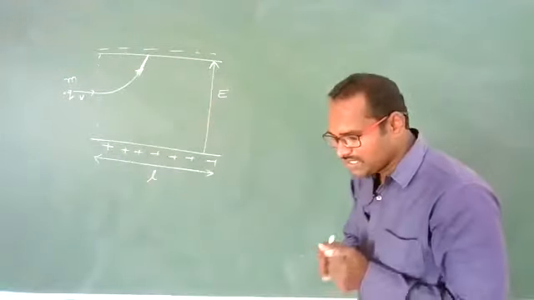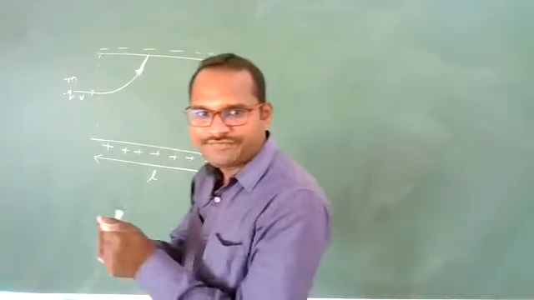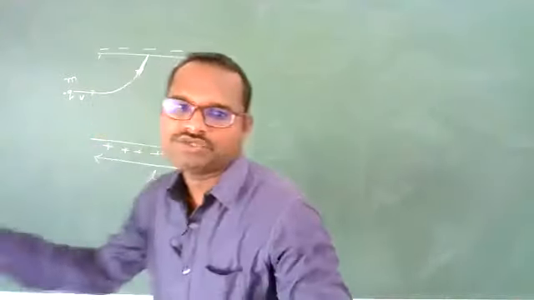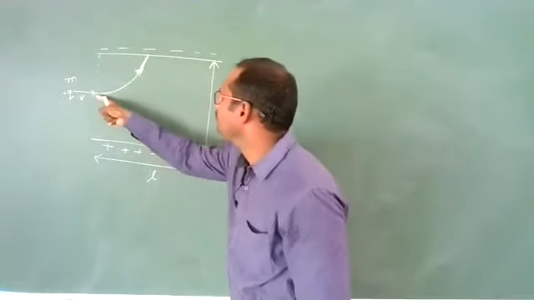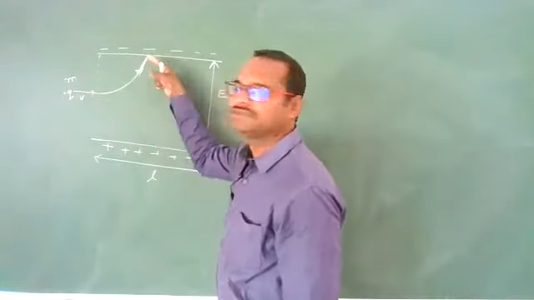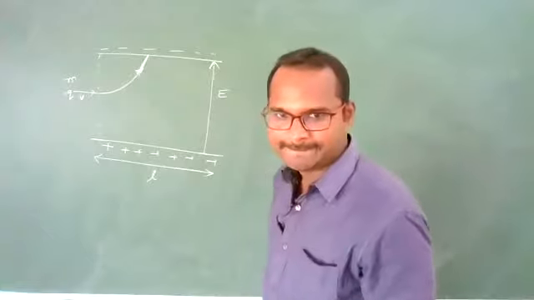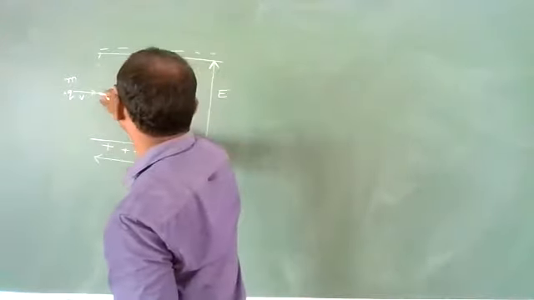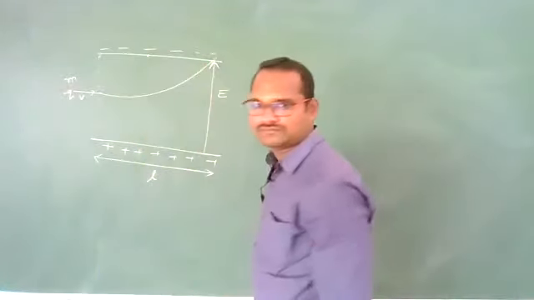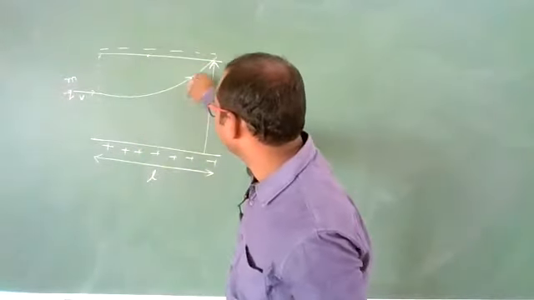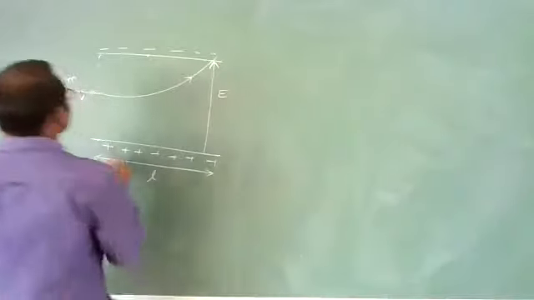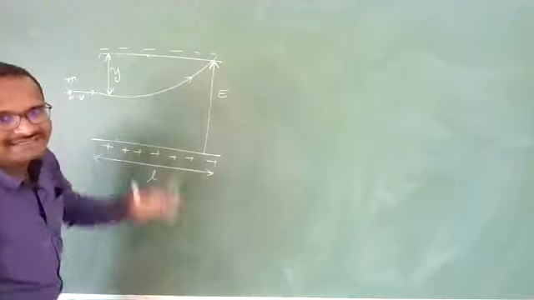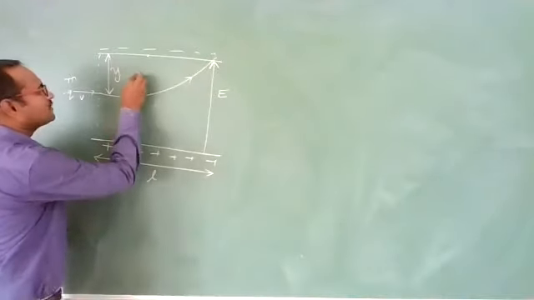Because whenever something is moving in one line, if you apply a force in perpendicular direction, then it will move in a circular path, as you know. So this charge Q also will move in the circular path like this. It will perform a parabolic path, you can say. Clear? Or it can go like this. Let us suppose this is the deviation it has got due to the force acting. Force is acting in this direction on it.